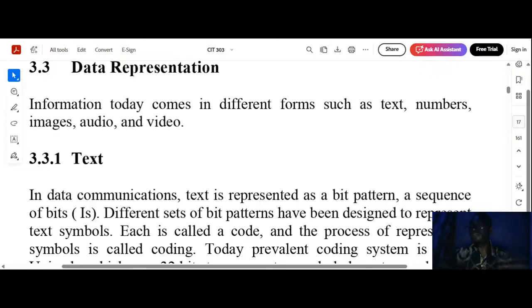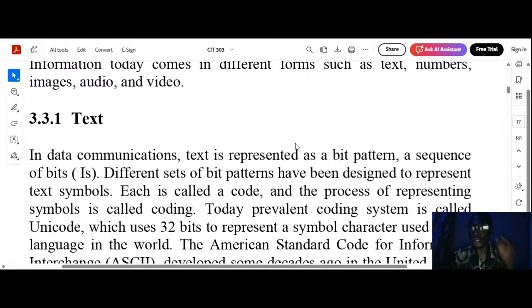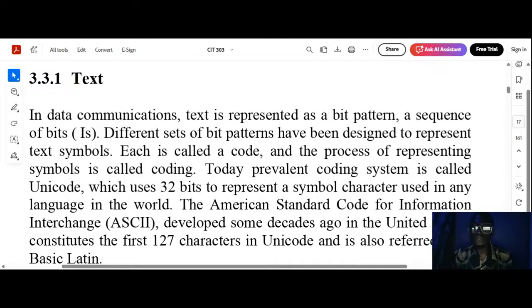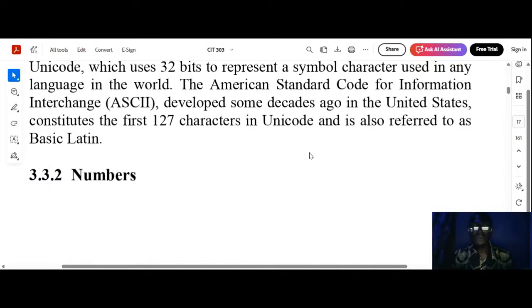You can use video. You can record something in video to show some people, do it yourself. This is how to do this thing. You record it, you throw it to them as a video, they watch it. That is communication, that is data. So data is not only text, it can be in video, can be in audio, and so on and so forth. All you just need to know is that the type of data